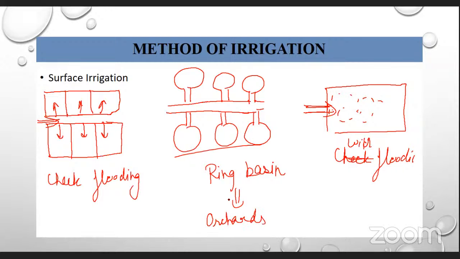In orchards we usually give this type of irrigation, and check flooding is the most common among the surface methods, and it is usually suitable for close growing crops. In close growing crops we can say groundnut